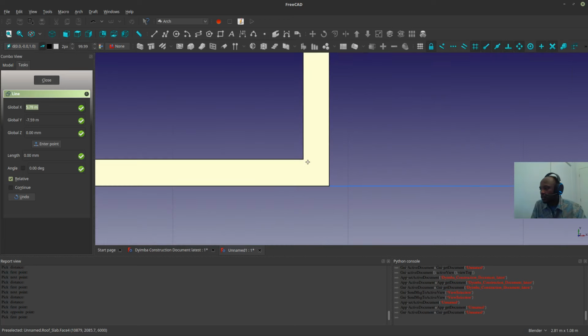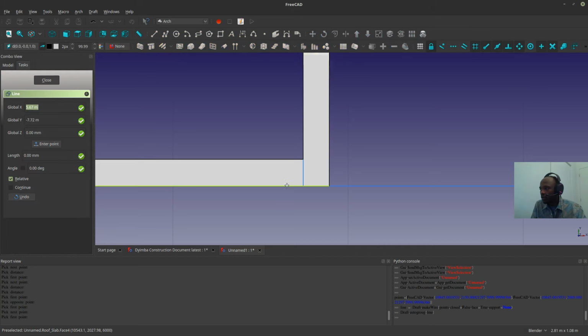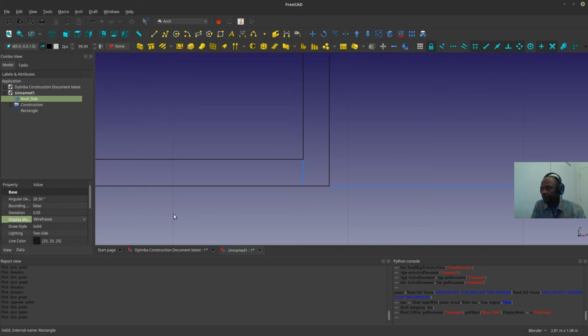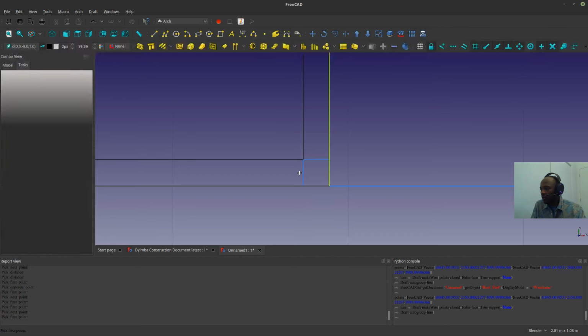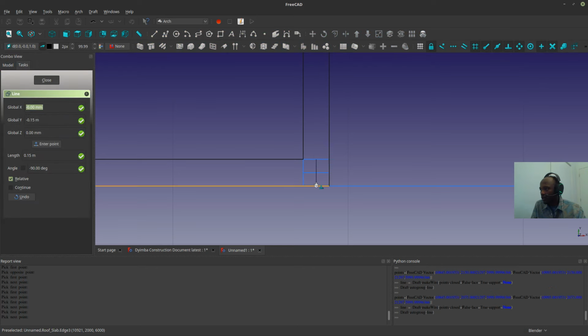Select one, do that. I may want to make you a wireframe so it's easy to work with the snaps. And then this and this,